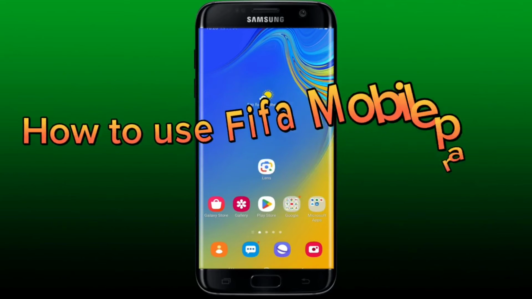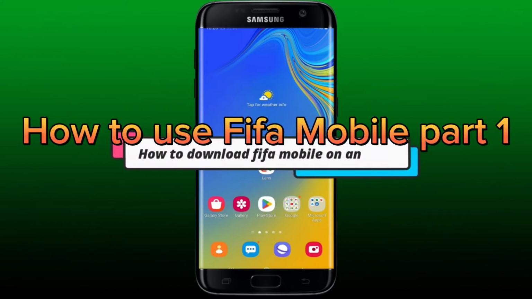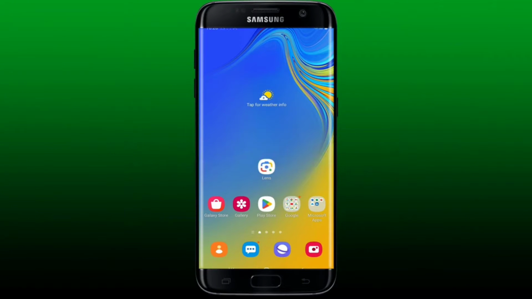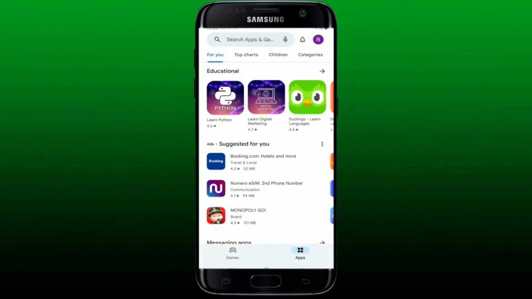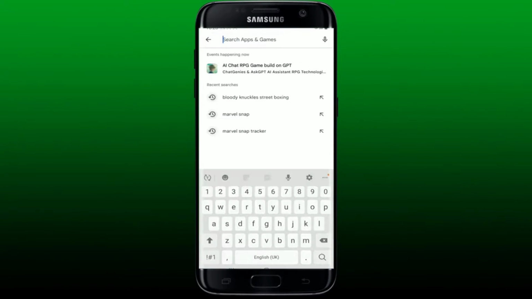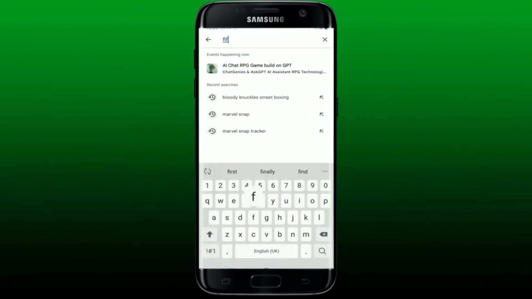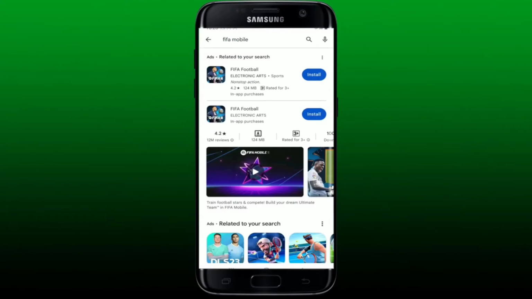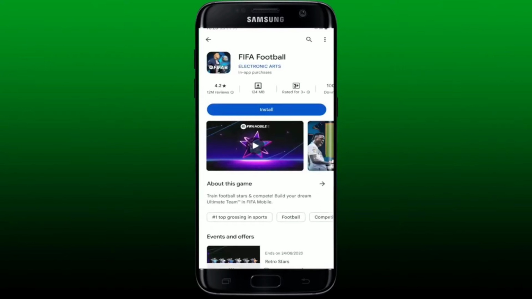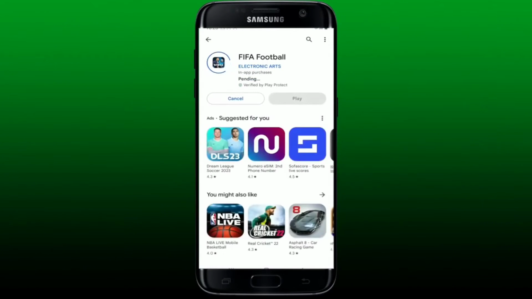In this video, I'm gonna guide you through how to download FIFA Mobile game on Android. To do so, simply go ahead and launch the Play Store app on your Android device. Go to the search box at the top and type in FIFA Mobile and search. Once you find this application that says FIFA Football from Electronic Arts, tap on the install button and begin the